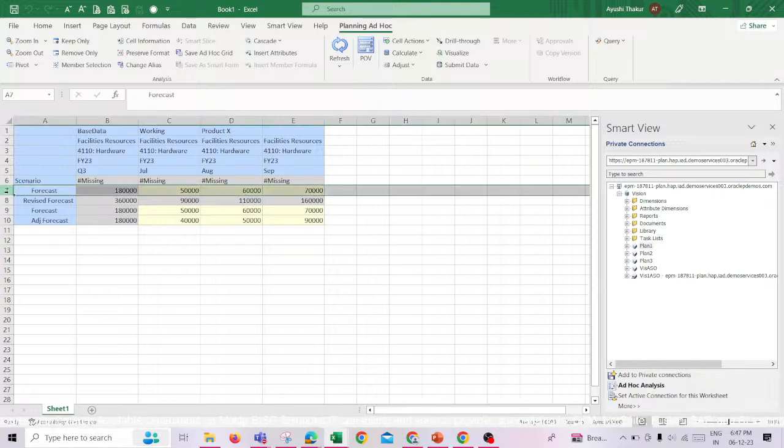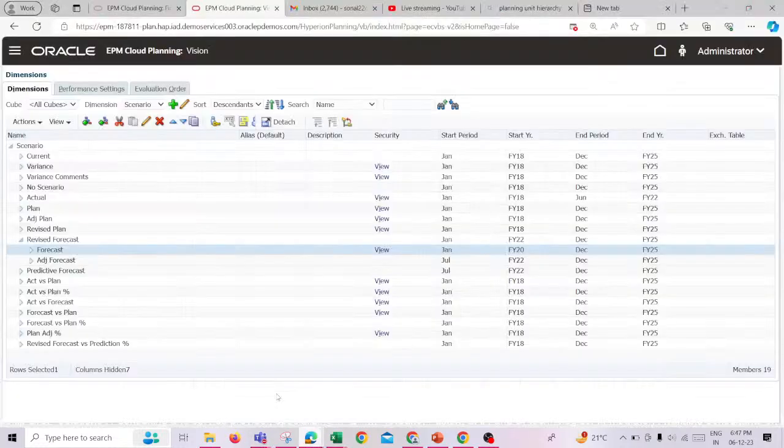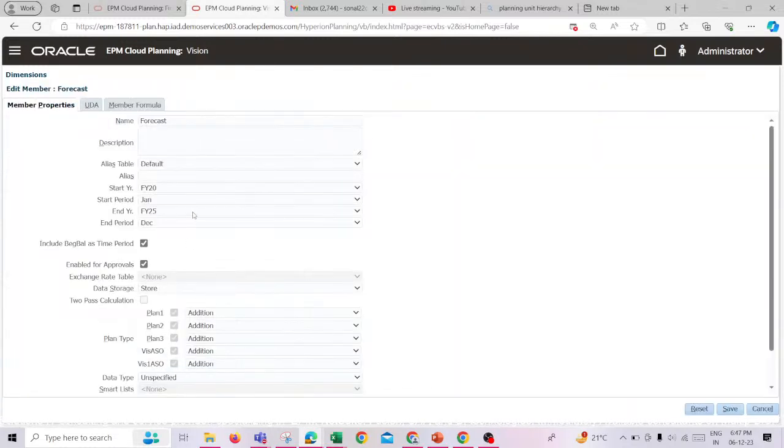So basically in revised forecast I'll be revising the forecasting, and where I'll be doing the adjustment of the forecast, adjusted forecast. Suppose the window gets closed, the forecast may get closed by July 2023. So let's make changes to make you understand that if these changes would be there by default from the user, then how you're going to deal with it. See, already data is going to be fed because it is the data which has already been made. You cannot change it after that. So my end would be